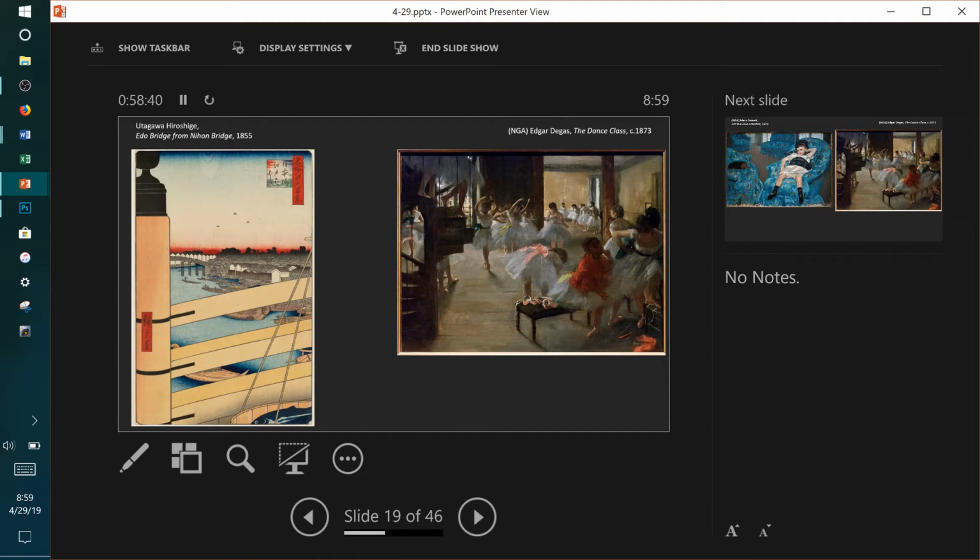A couple of these, because we don't see enough non-Western art in this class. Another Hiroshige print, where we can see that same sort of radical jumps in space with a sense of foreground elements blocking our view, right? Blocking the view of ostensibly what we're supposed to be looking at. The boats in the harbor here, the dancers there. Each one of these brings something right into the foreground that just gets in the way of seeing the things we're supposed to be looking at.